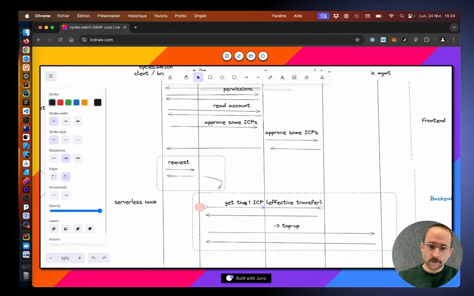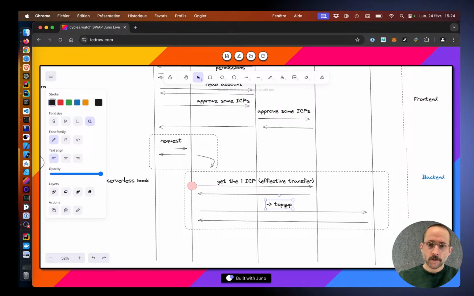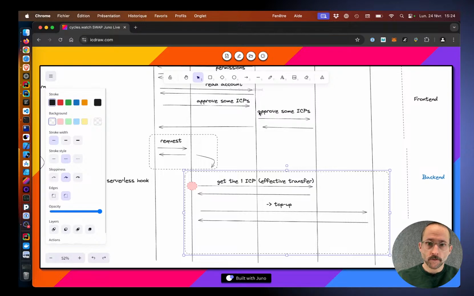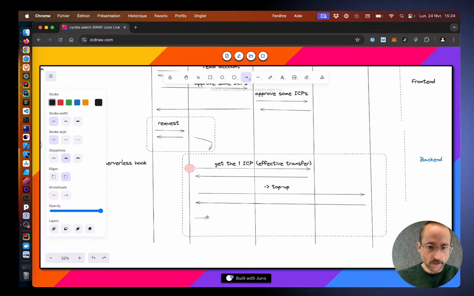Or we get the ICP, we do the top up, and here we extend this with